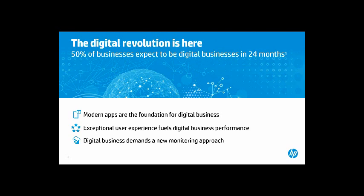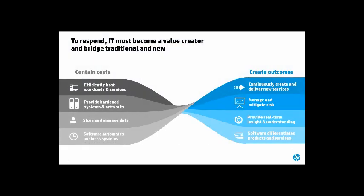So user experience, modern applications fuel digital business, and digital business demands a new monitoring approach. Focused on that user experience, focused on those modern applications, and focused on a massively scalable environment beyond the capacity for traditional monitoring systems and requiring a big data approach. So we're in the midst of this transformation from the traditional IT to the digital world, where in